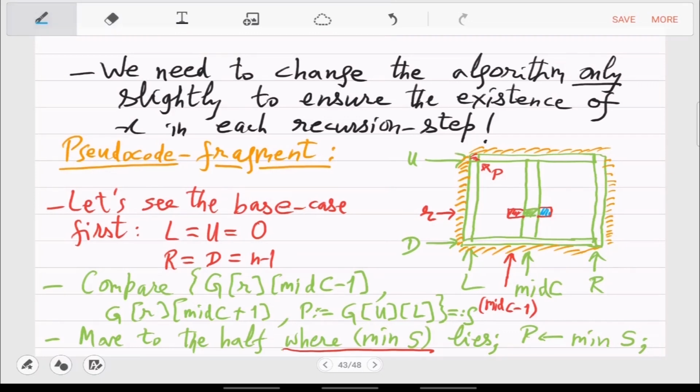Instead of X, I'll use this P. So say this blue cell happens to be smaller than the, I mean, there are these three, right? So let's number them for simplicity. Let's say this one is M.